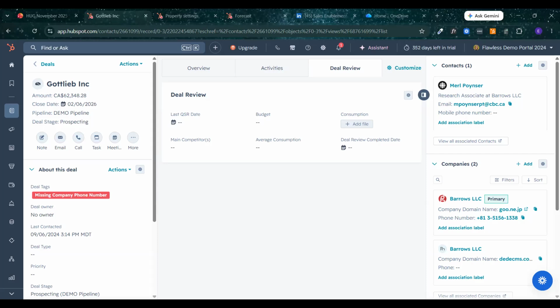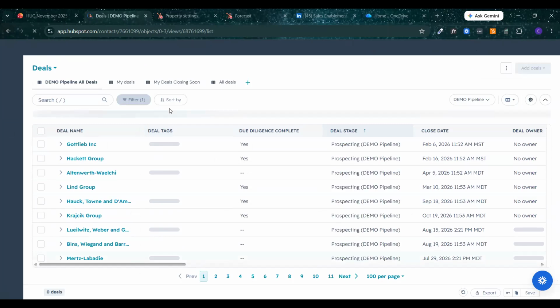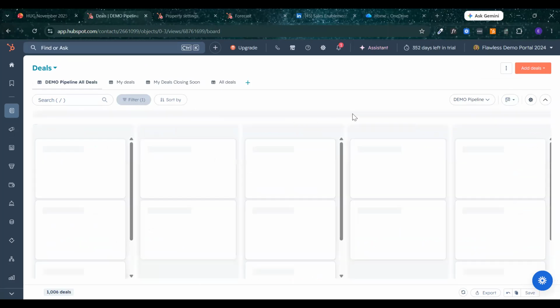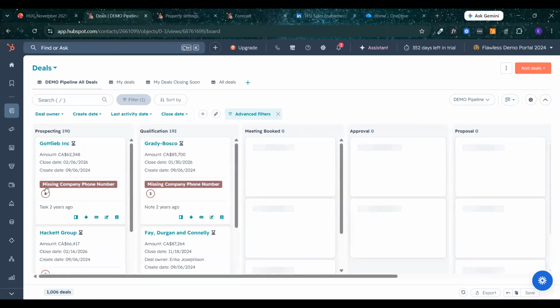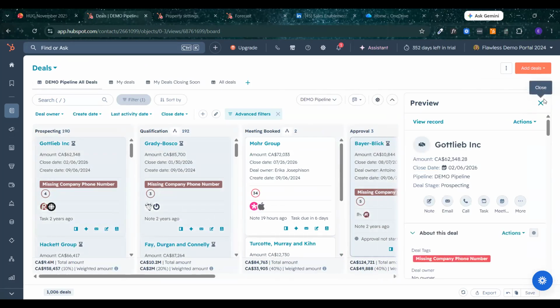We don't need that when you open the deal. We don't need it if the deal opened and then it immediately closed, but we do need it if the deal reaches the stage where they're going to be interacting with a contract. And so therefore, we have the tags start popping up in the stage or two before that happens. So it's really useful to see it. You can see it on any way that you view the board. They're going to automatically be there. You have to add the deal tags if you use the table view. You have to add that column, but in the board view, they're going to be here already.